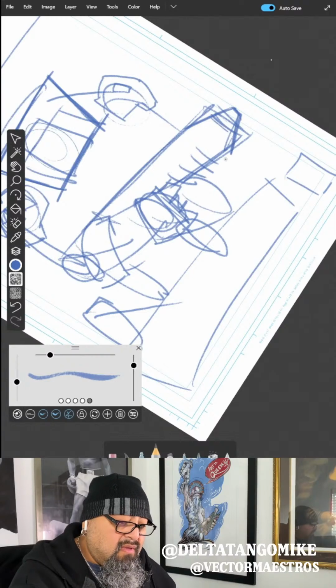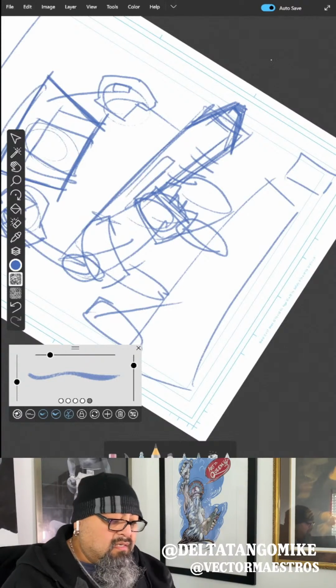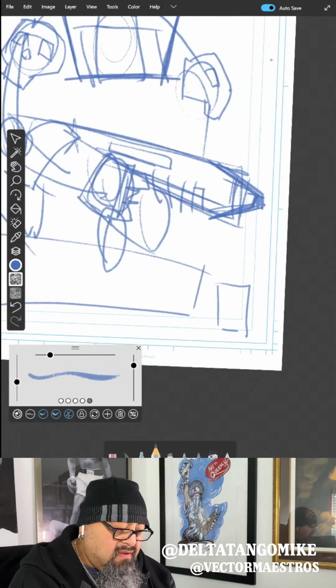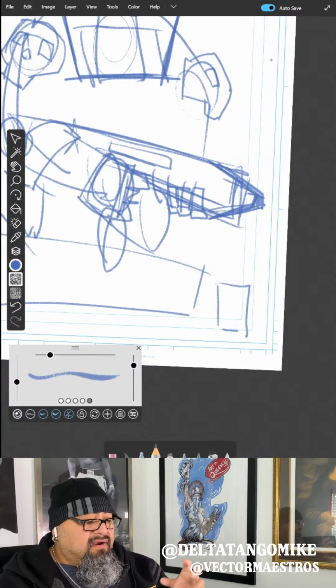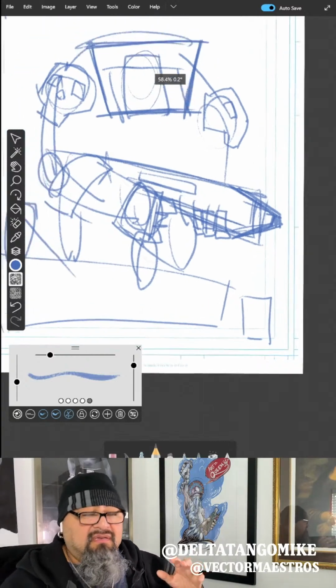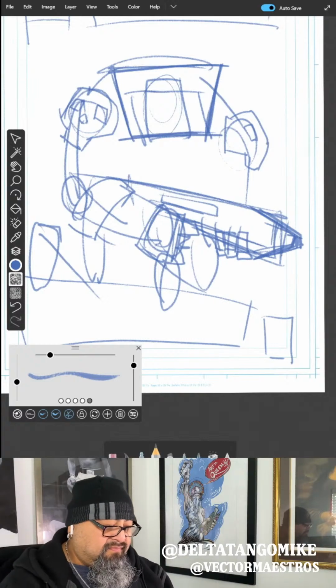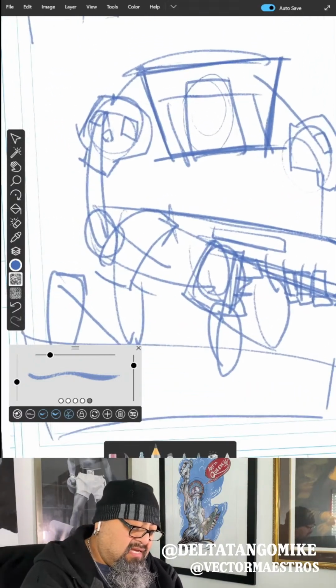There it is. Bam. All right. And then his fingers. And the cool thing about his fingers is that he's wearing gear. He's wearing armor. So this guy, he's hardcore.